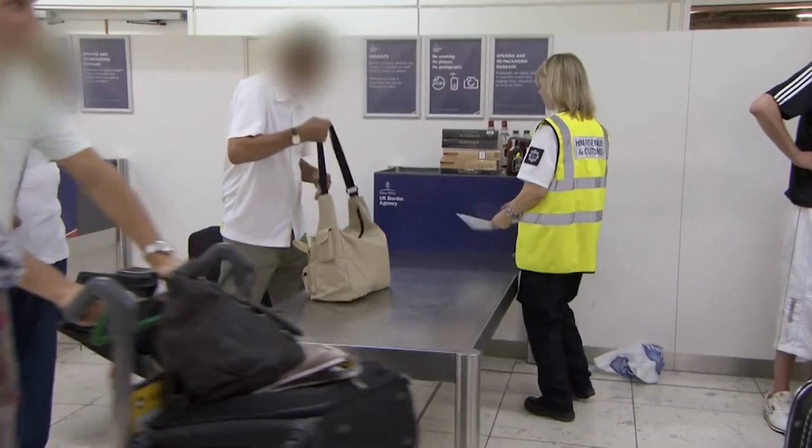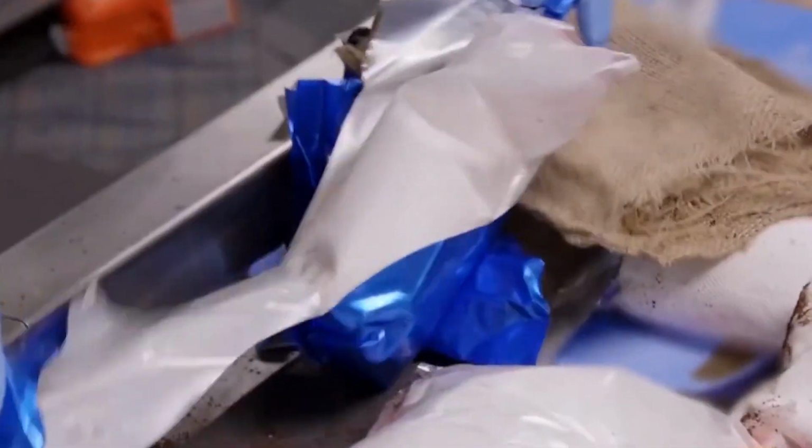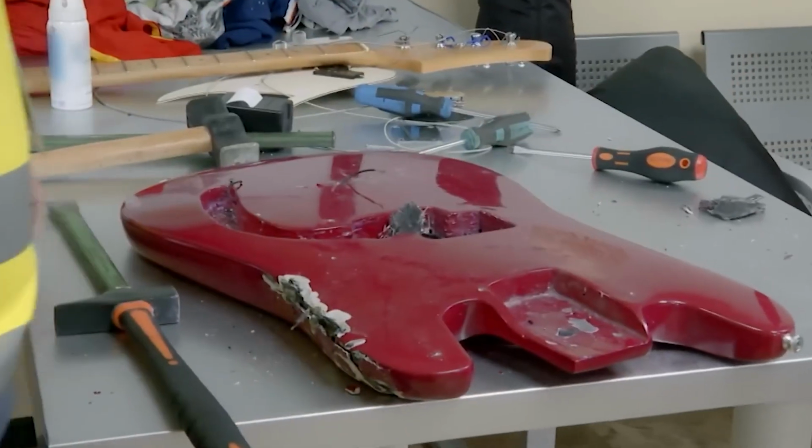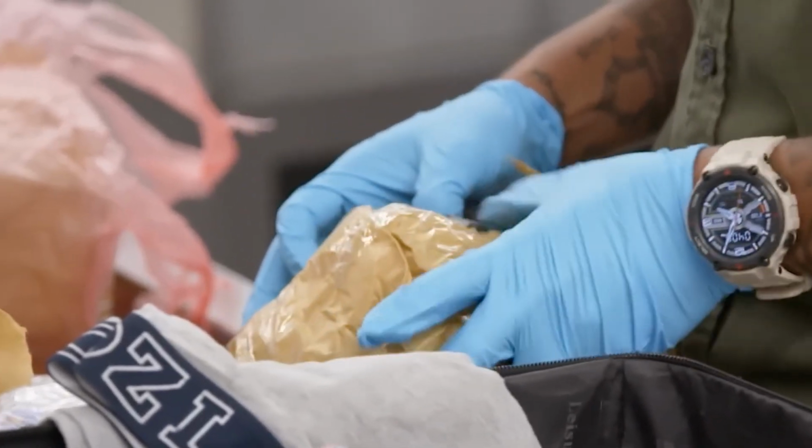The cream of the crop. Top 2 most shocking attempts. Just when you think you've seen it all, along comes a smuggler who rewrites the rulebook. Our top 2 cases showcase creativity so twisted, it's hard to believe they're real. What could possibly top hiding drugs in prosthetics or guitars? Get ready for smuggling attempts that blur the line between genius and madness. Let's start with our runner-up,